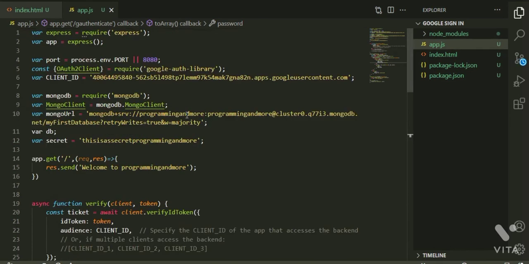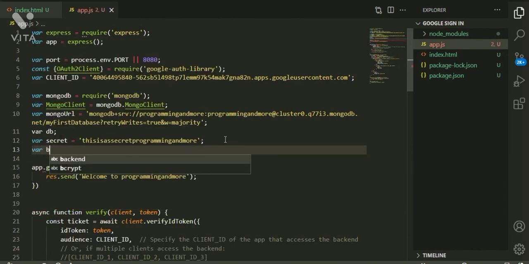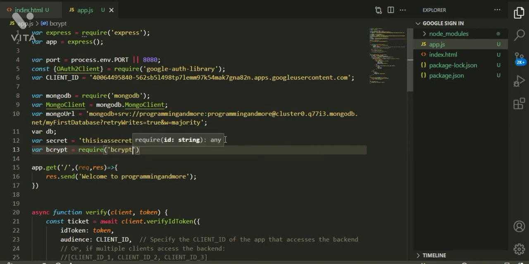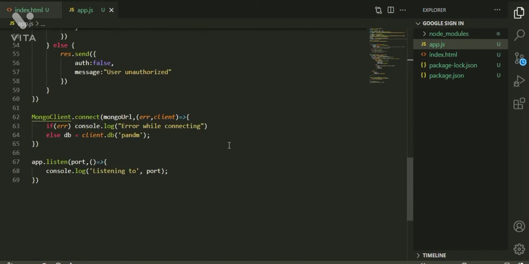I think I have to require bcrypt here, where bcrypt equals require of bcrypt. Yes, there it is.